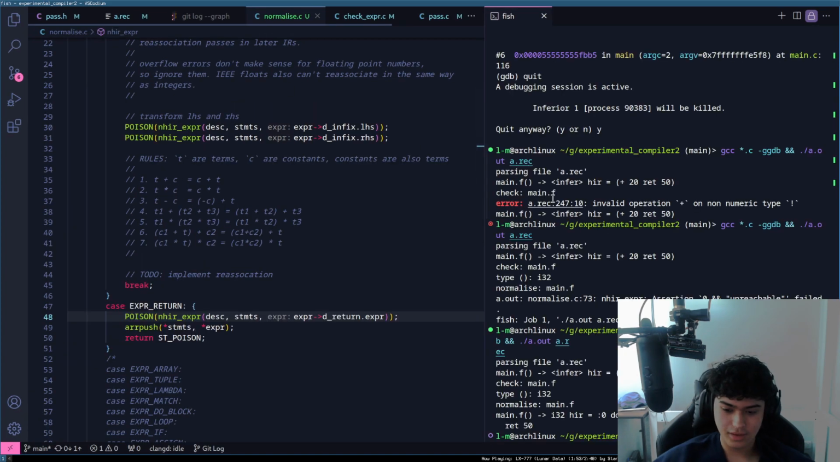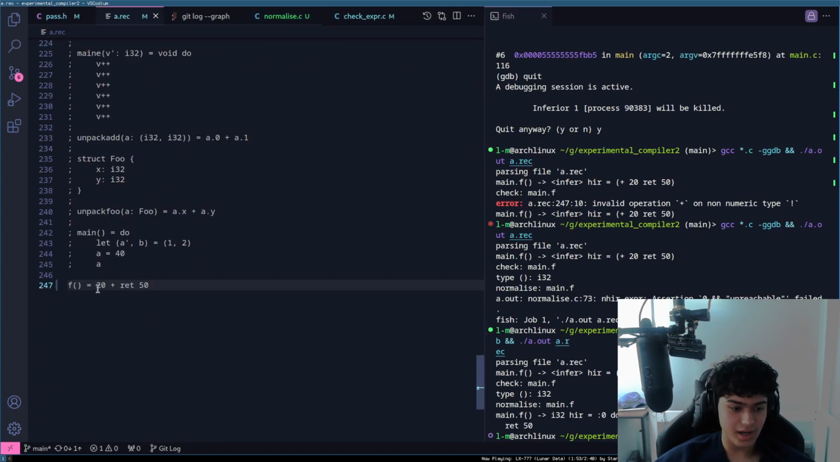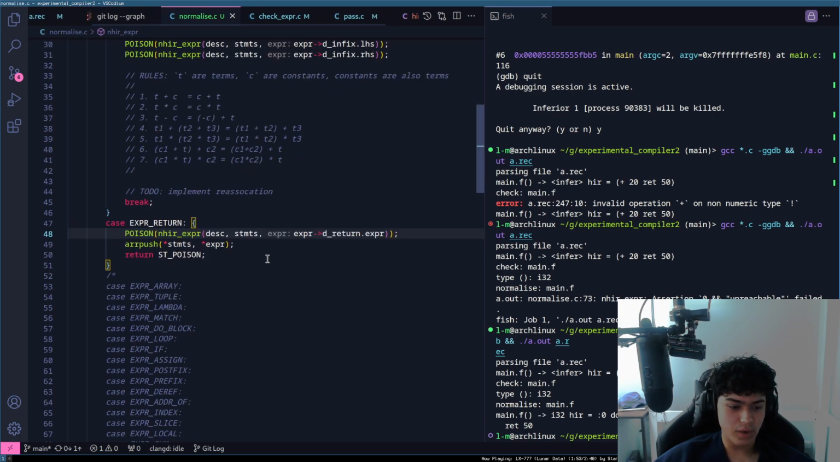Look at that. Ret 50. 20 plus ret 50 just goes to ret 50. So we've essentially no returned the whole thing. That was easy. That was an easy operation. And the reason why it works is the expr return is going to have to go to a statement. So we can just repush this into the statements. So we check for poison on this d-return thing. And then,